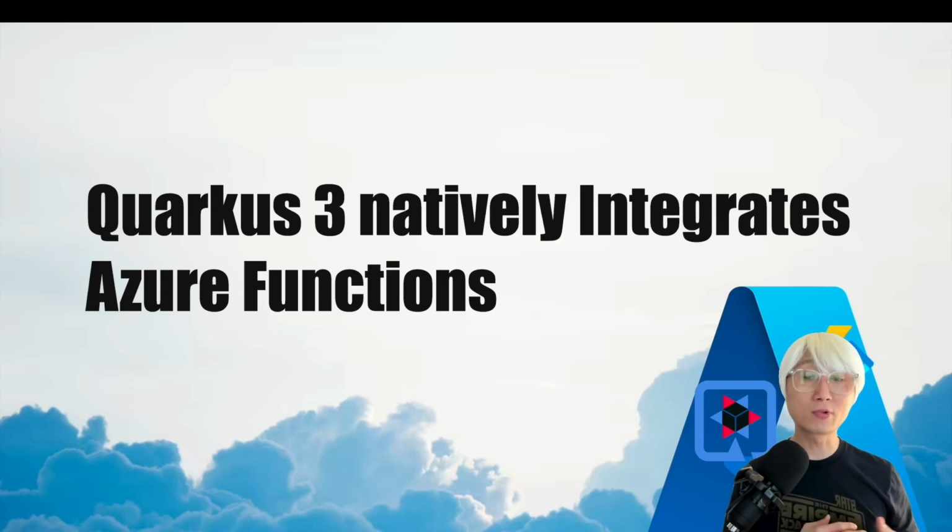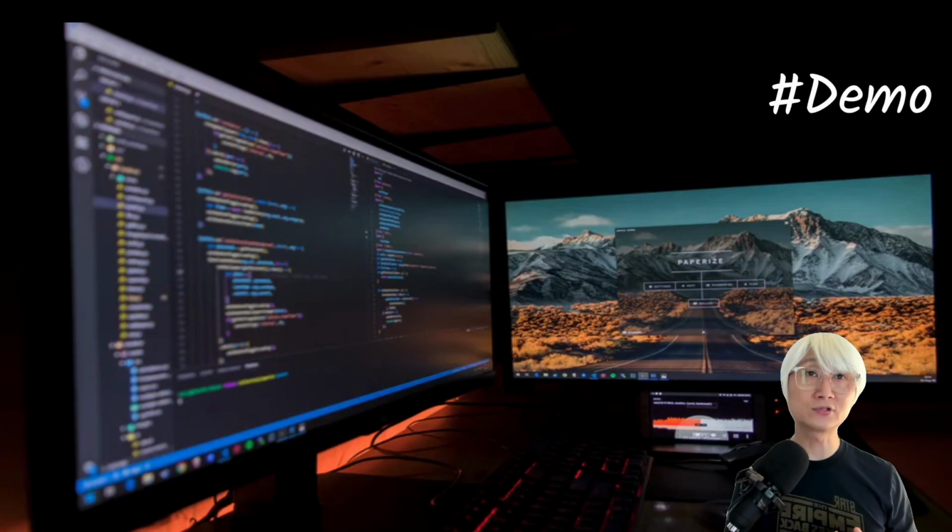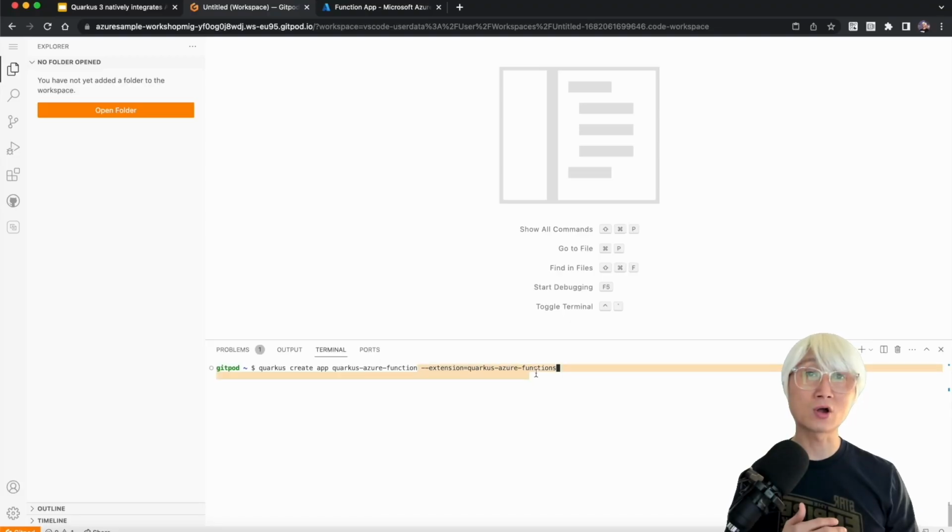And one more thing, Quarkus Funqy was designed with the lowest common denominator to be a portable and simple function layer across multiple serverless platforms, such as not only Azure Functions, but also AWS Lambda, Google Cloud Functions, and Kubernetes Knative, etc. Okay, let's get right into the demo, how it works, how to develop a new Azure Function on top of